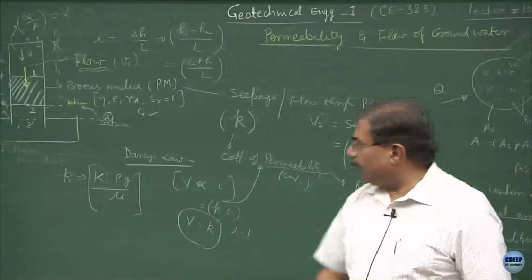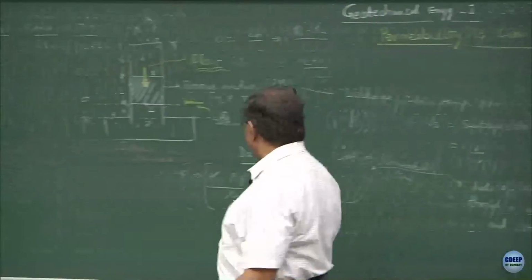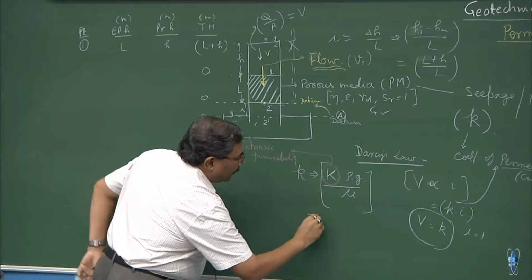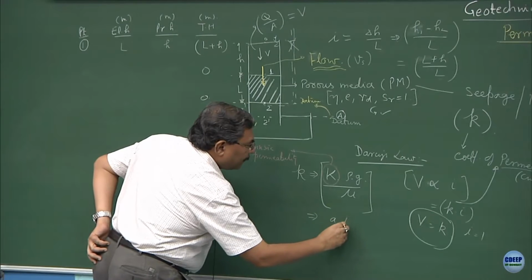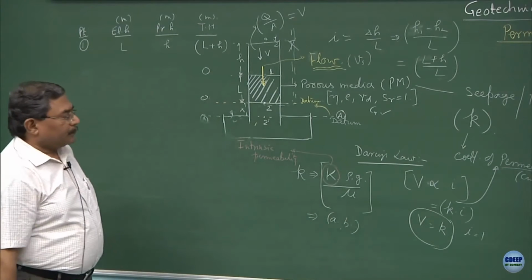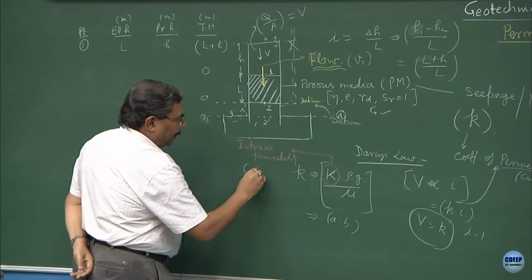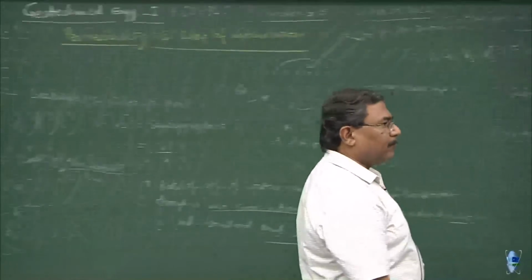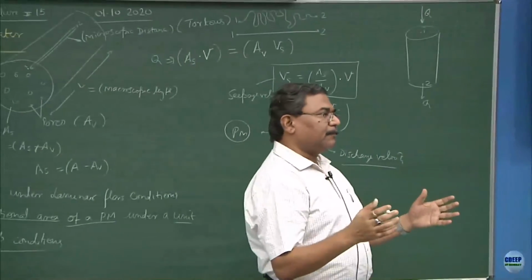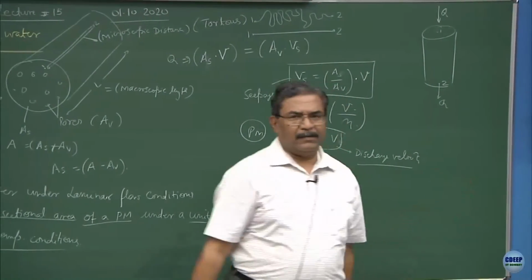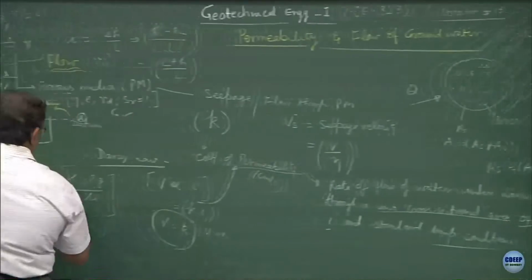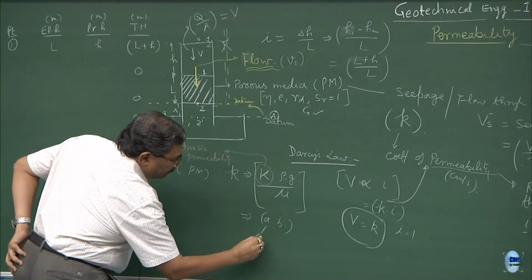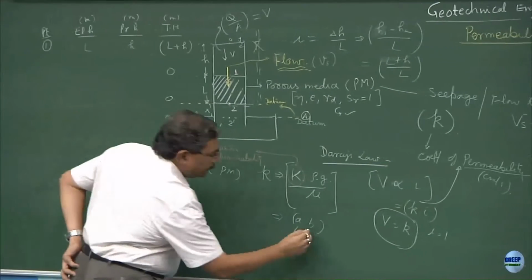Just concentrate on the board for a minute, try to understand what is this concept which I am introducing over here. The hydraulic conductivity K is, let us say, two variables, A multiplied by B. Capital K depicts the porous media. This is the fundamental characteristic of the porous media, and that is why we call this intrinsic permeability. Intrinsic means fundamental nature, fundamental behavior. It is not going to change. However, the B term, so this is the porous media, and what is B? B is the fluid.